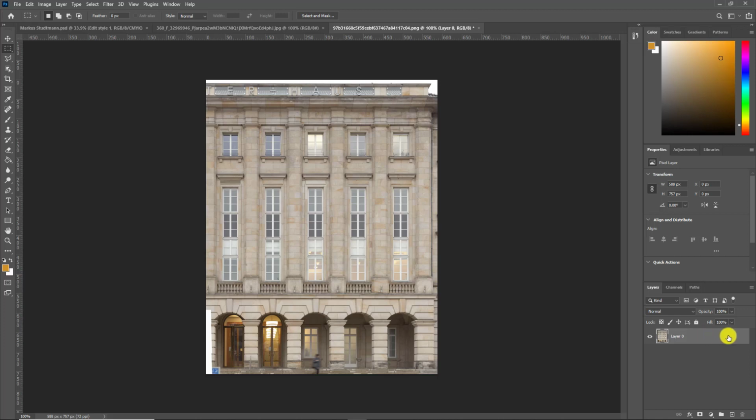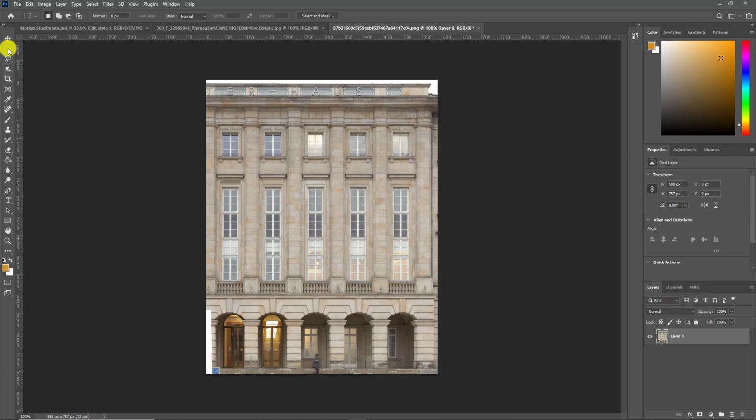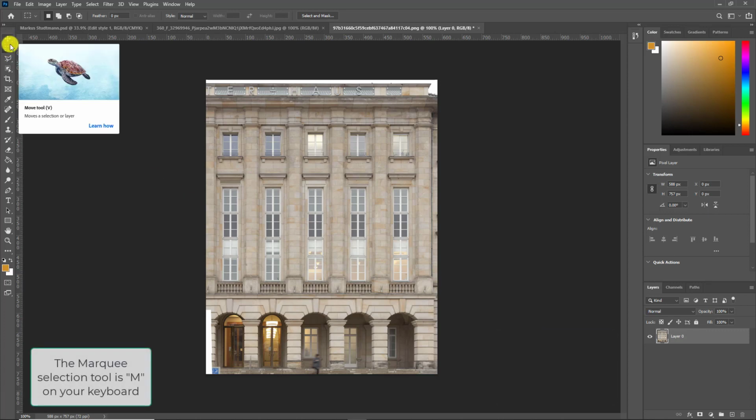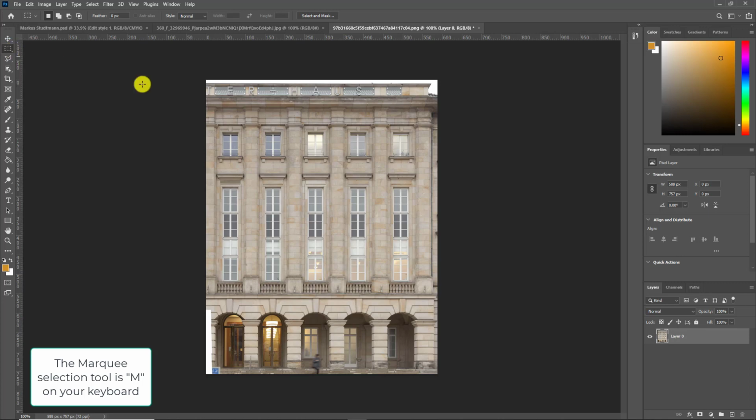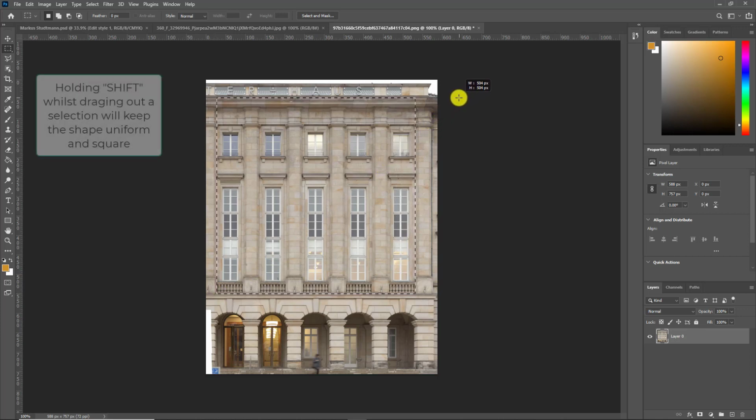To start, double click and hit enter to confirm that you'll unlock the layer. Then go over to your Marquee Selection tool. That's the second one down on your toolbar, pressing M. And if you hold down the Shift key, you can create a square selection area. And that's what I'm going to do to help me get a nice, neat